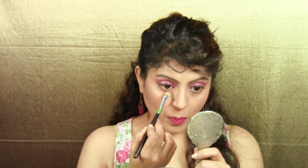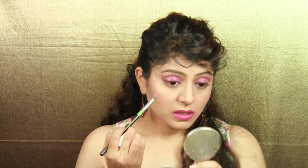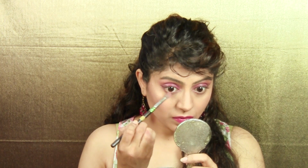So I really wanted to do a wearable kind of a look, and this shirt is wearable. For the lower lash line, I'm just going to take the concealer brush that I had taken for the lid, and I'm just going to apply. That's till one-fourth, and for the rest of the lower lash line, I'm just going to take the darker shade that we had applied as the eyeliner from NYX, and I'm just going to go and